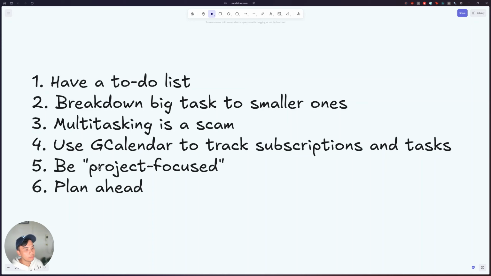Right? Fifth, be project focused or project first. Now, when you're going to start and learn something new, it's really hard to learn something if you're just going to read it. If you just have this course, this learning material in front of you, because even though you're motivated, just personally for me, it's super hard to learn it.